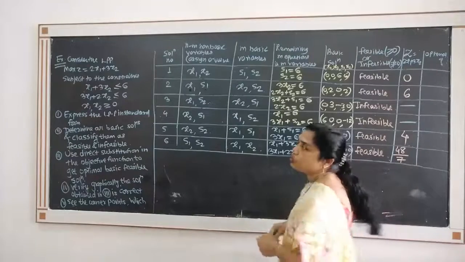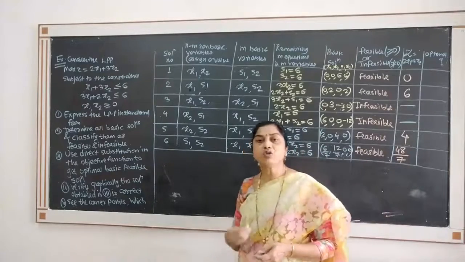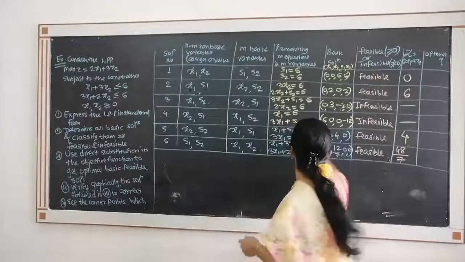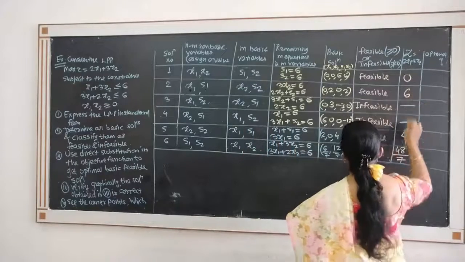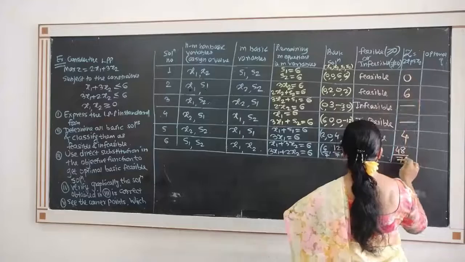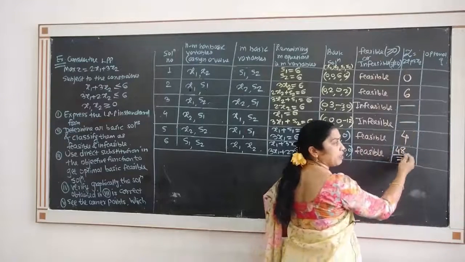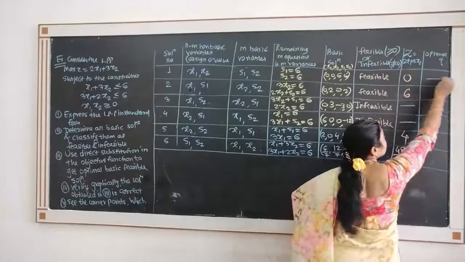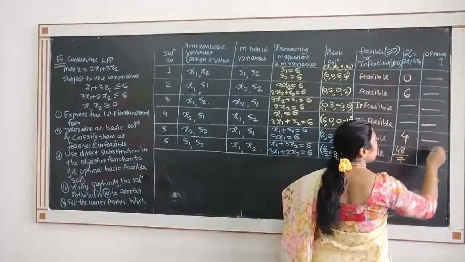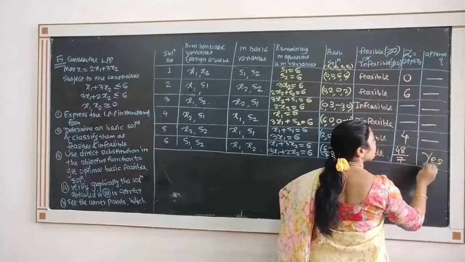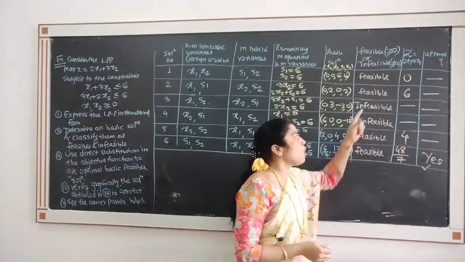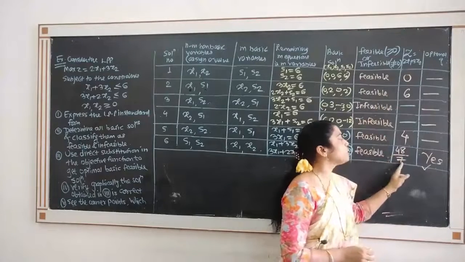Now among these values, we want to find which is optimum value. And which is optimum value? Can you observe here? See, here it is 6, 4, 0. This value comes to be 6 point, and therefore obviously this is optimal. So all these are not optimal values, only this value is optimal value because it is maximum value among all these 4 values. This is the maximum.